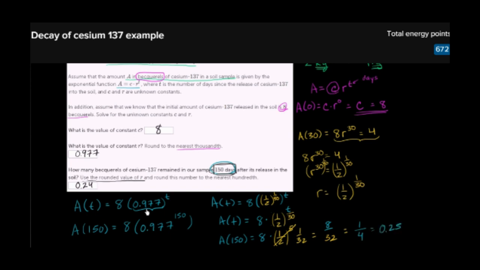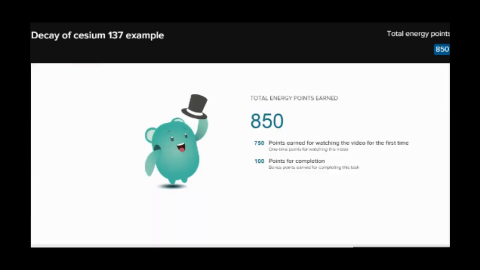So using our approximation for r, we got 0.24. We rounded and raised to the 150th power, so it's using our approximation a lot. We're taking 150 of these and multiplying them together. But it's not too far off of what the real value is. So they asked us to use the rounded value, but if we use the precise value, the actual value, we would have got 0.25 becquerels left over. Okay, so